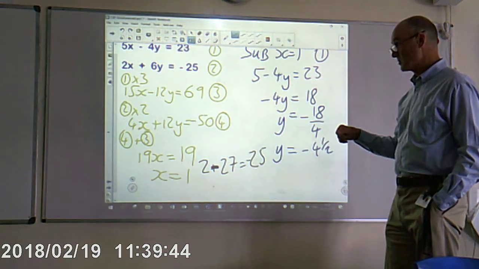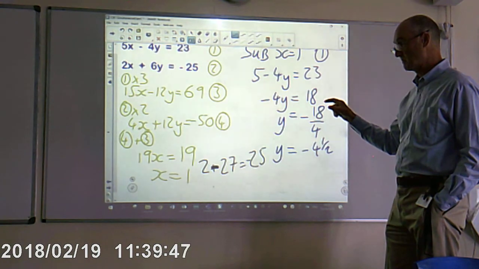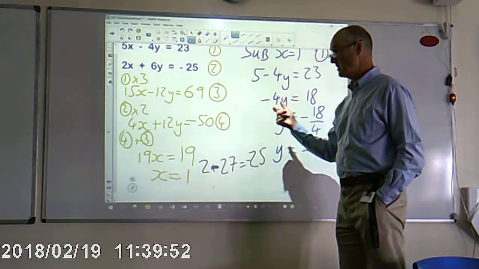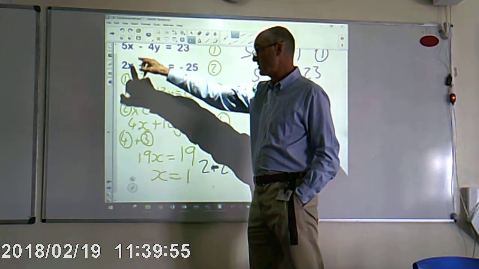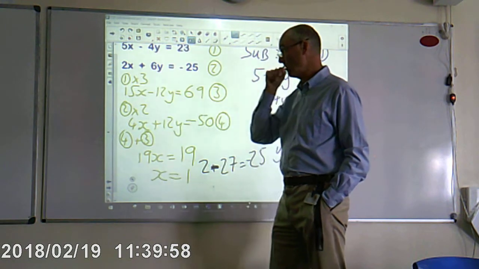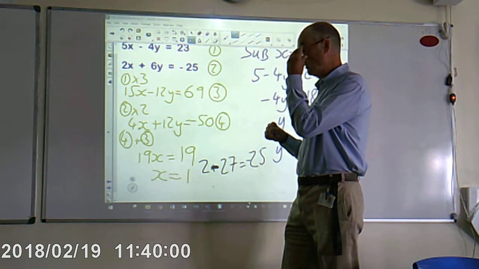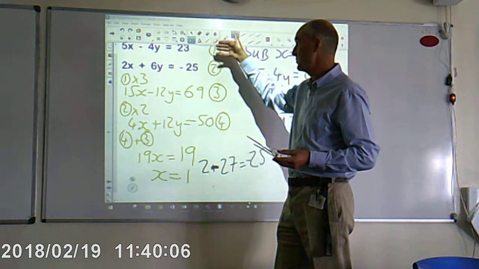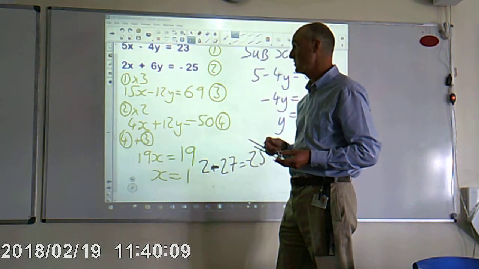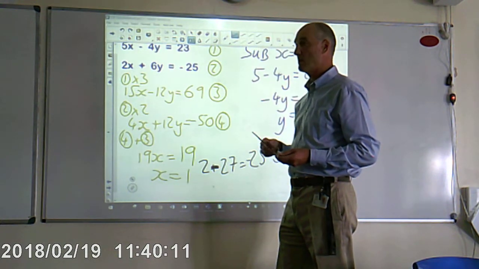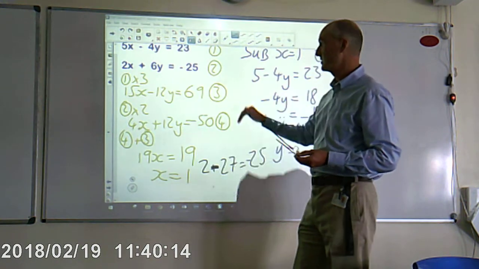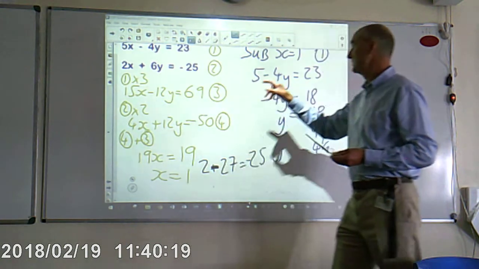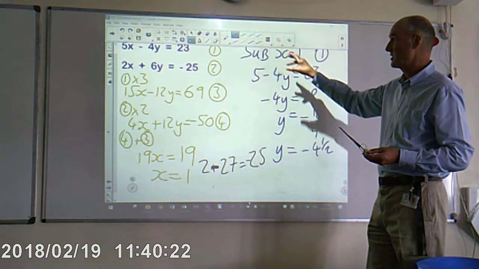Right, so I've done 3 harder examples there. I've done, I think it's 4 or 5 more simple examples. It is all about getting your x's or your y's on their own. The more difficult examples, you've got to do something with the equations to start with, and the more simple examples, you are just adding or subtracting the two initial equations. Okay, don't be scared of these, it's just about being methodical and working through. Find one of your variables by eliminating the other, then find your other variable by substituting back into one of